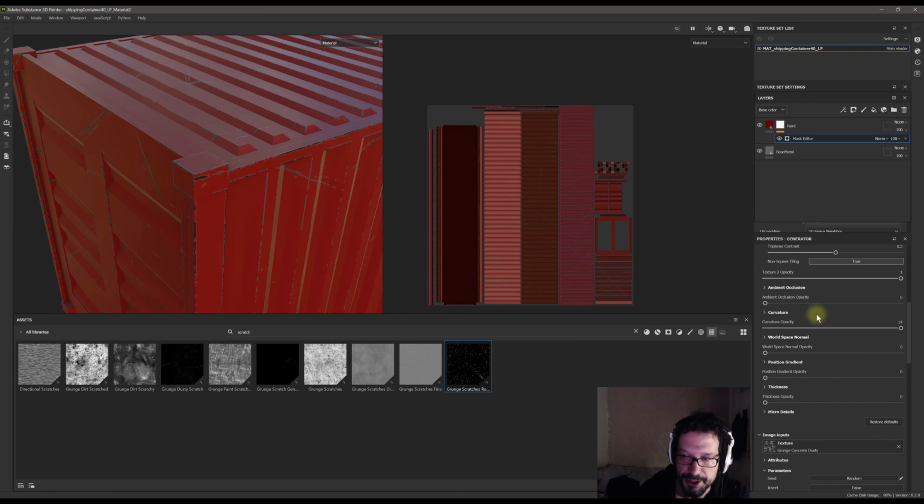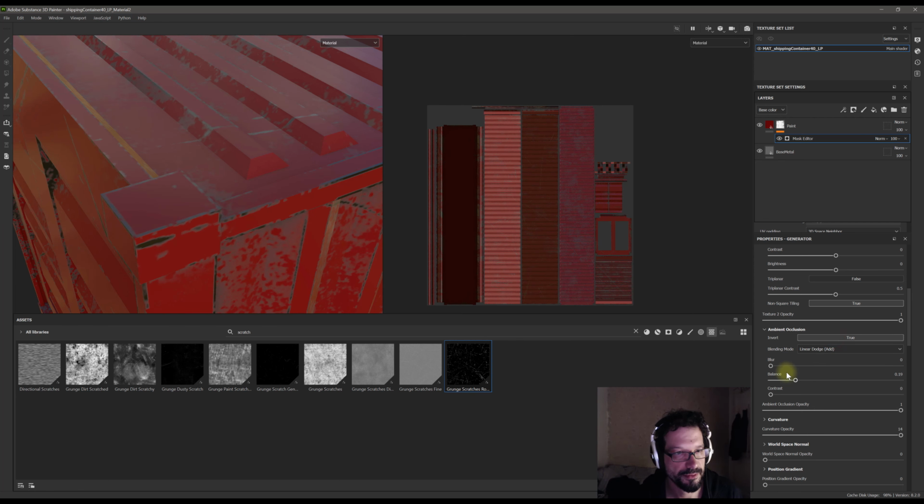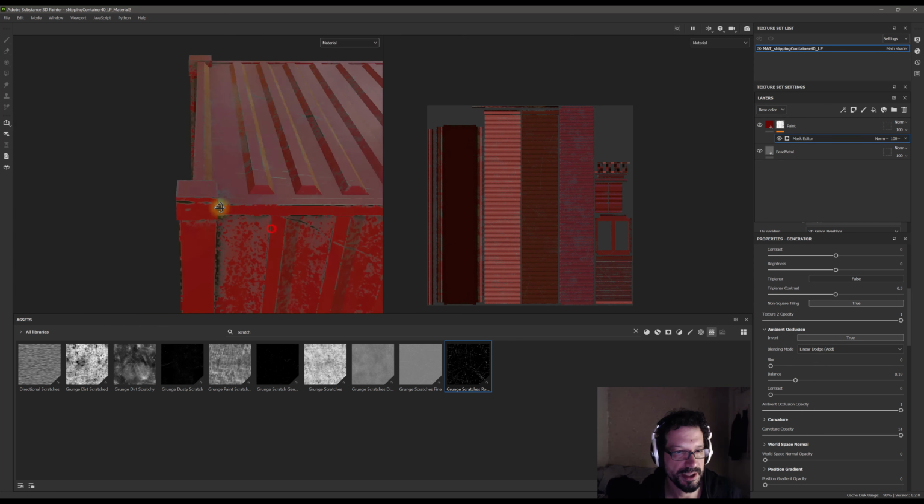Let's try. So I'm going to crank the ambient occlusion all the way to 1. It is right now set to multiply. I'm going to set it to linear dodge. So linear dodge is going to cause havoc, as you can see. So maybe if I play around with the balance a bit, maybe it is going to work. Let's start with